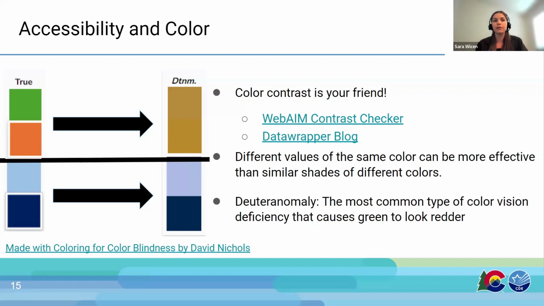The colors in the top left under where it says true, that green and orangish, were two of the colors chosen automatically in Excel in the left visualization I showed on the previous slide.